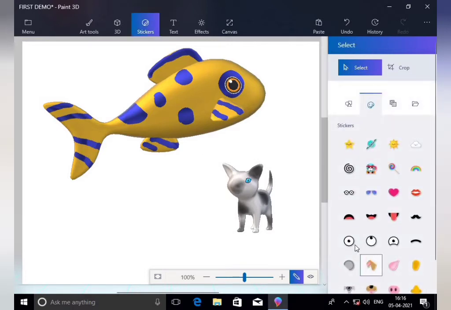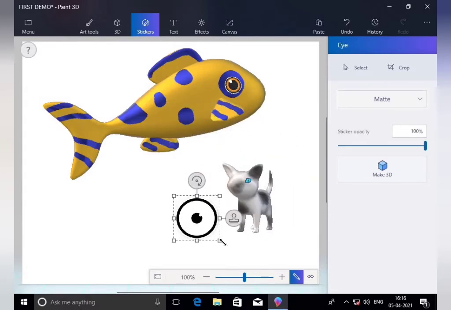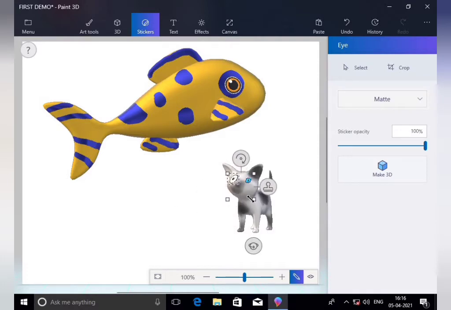Now, for example, we have to choose this one and draw it. This is another eye. You have to fill and see which one is better.